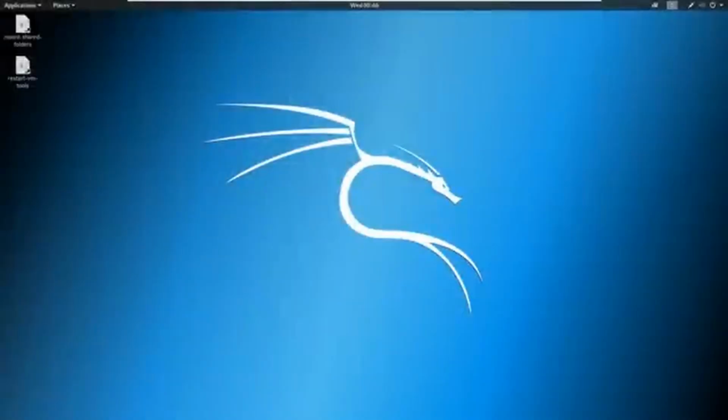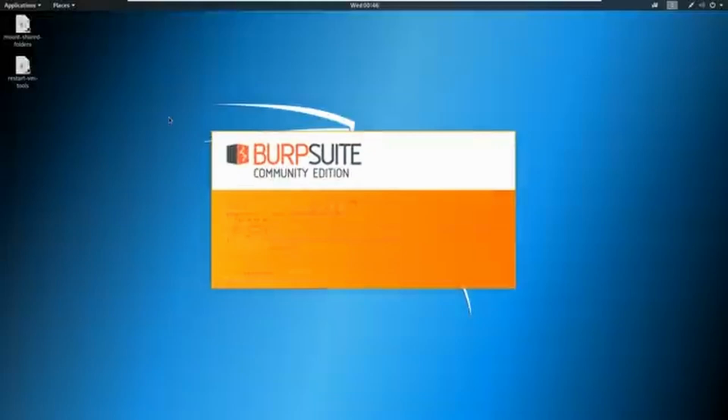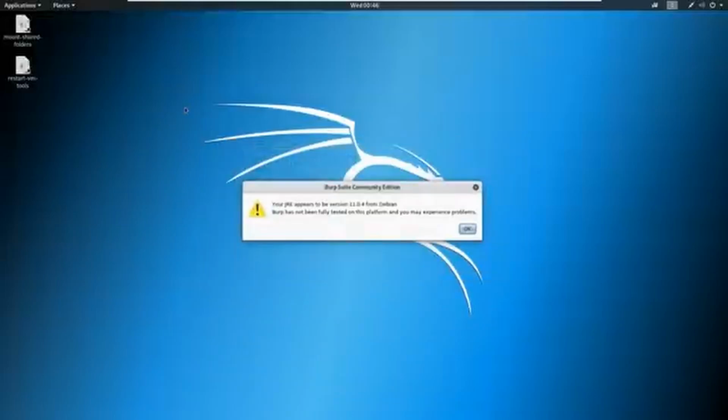Another useful tool when it comes to web applications is a tool called Burp Suite. Now, let's go ahead and open up Burp Suite. So we're going to go up to the applications, and in your favorites should exist Burp Suite here. Now, Burp Suite is what we call a web proxy. Now, a web proxy means that it has the capability of intercepting traffic for us,